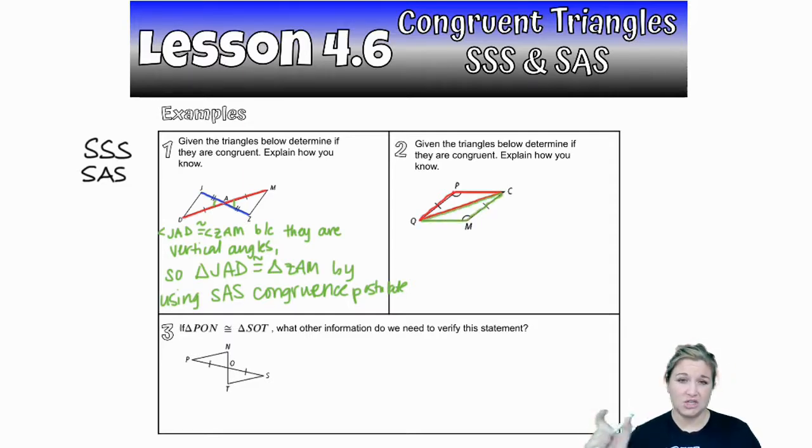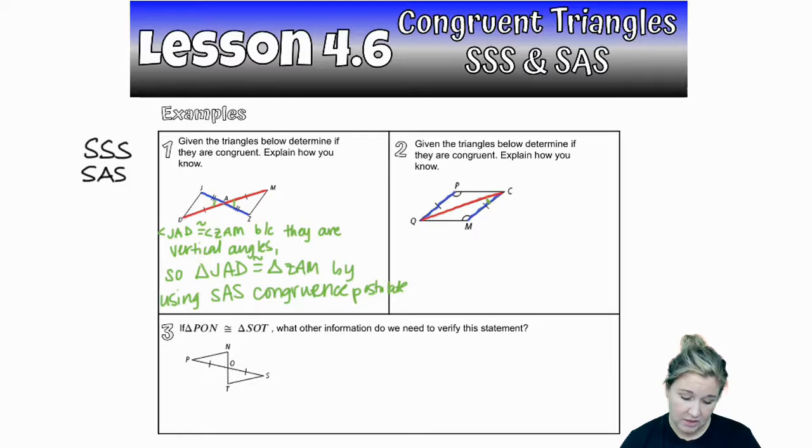So you can see that they share the QC side. Well, QC is going to be congruent to QC. It's a shared side, okay? It's like the reflexive property or something like that. So what I need to determine is the angle between the two congruent sides, because I have a congruent side. So here I'm going to erase those two, so now you can see those two. So now I have a congruent side here with MC and PQ, and then I have this congruent side right here. So in order to use side angle side and for the two triangles to be congruent,